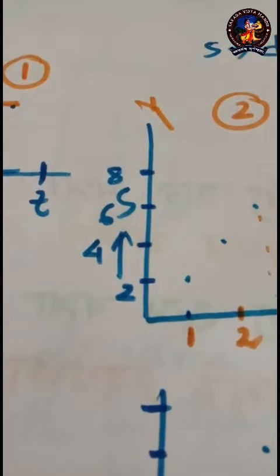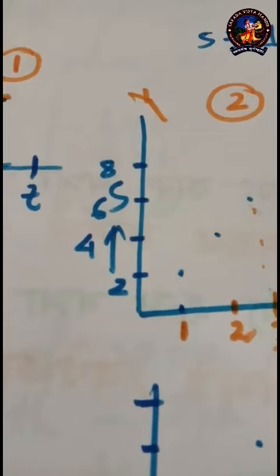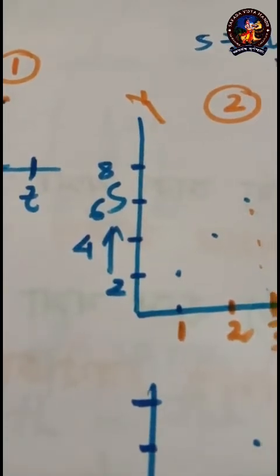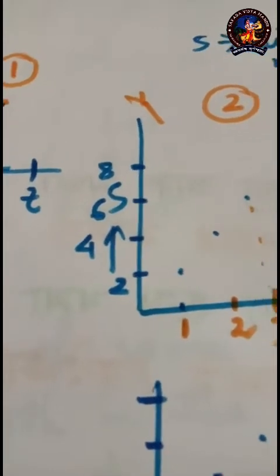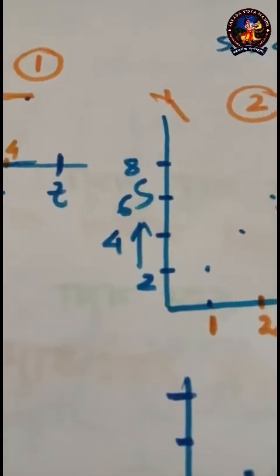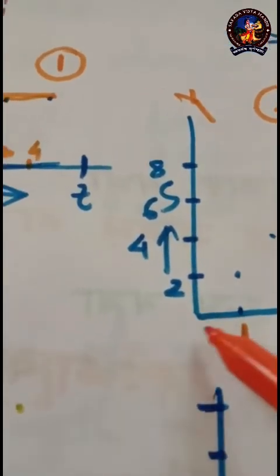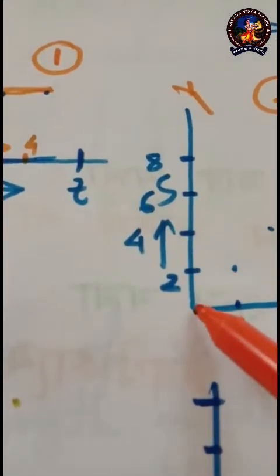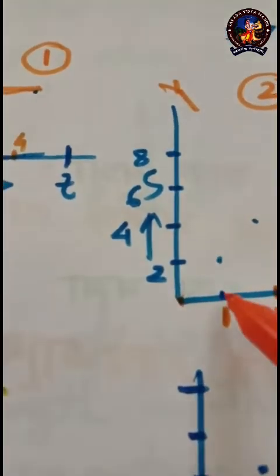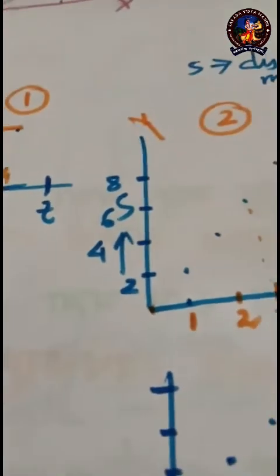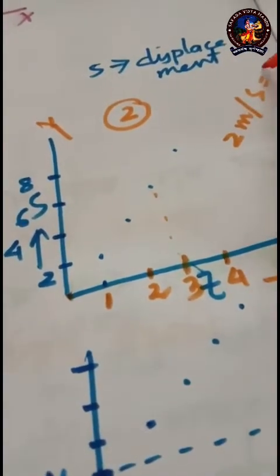Now suppose the object is moving with a constant velocity. Suppose it has started its motion from 0 velocity, that is, it was static, and now it has just started. So when I started counting the time, what will be the velocity? Obviously it was 0, because it was in a static condition. So at time 0, velocity would also be 0. Now after 1 second, suppose the object is moving with a velocity of 2 meters per second.